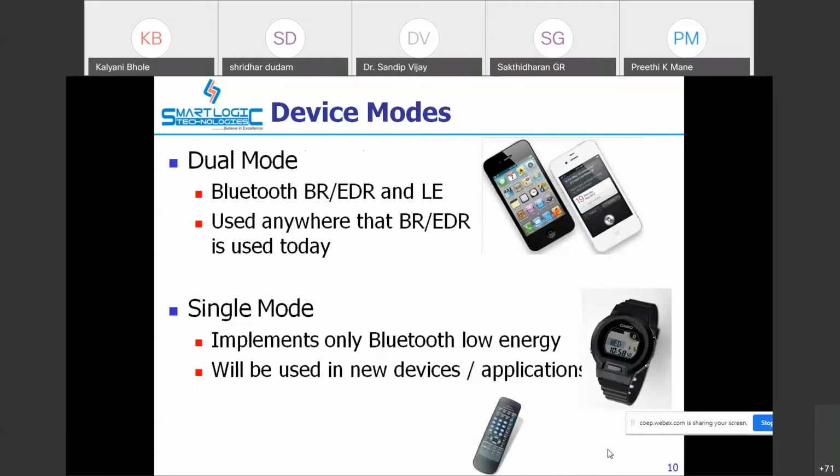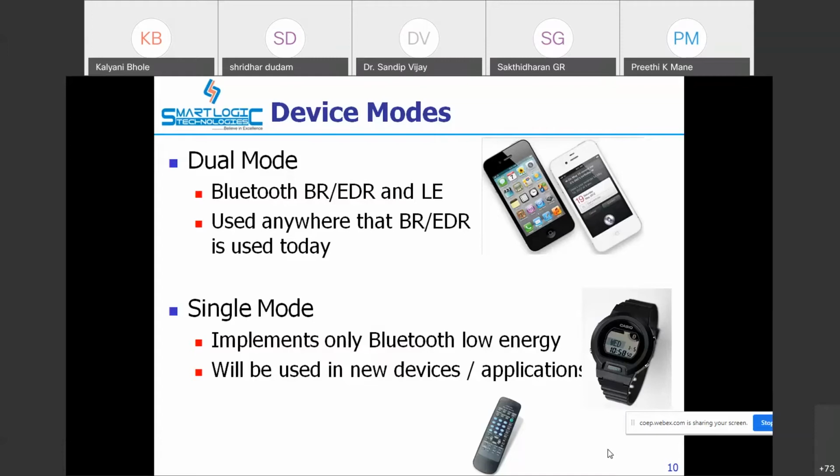So when I'm saying that there are two device roles, either it acts as a server or it acts as a client. That is dual mode, meaning I can act either as a server or as a client. That is only possible in Bluetooth Classic, which is called Bluetooth EDR and low energy. But in the case of BLE, some protocols or some stacks use only single mode.